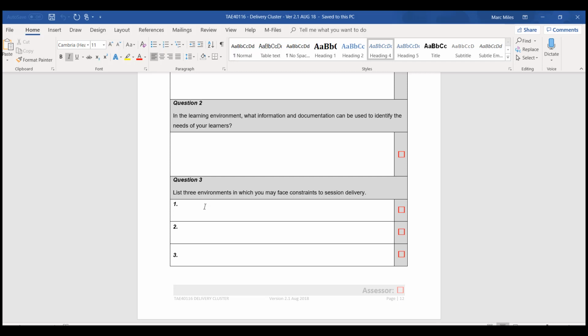When you're answering this question, you would answer it such as venue. The venue would need to be wide enough, and the size of the room would be very important so that everybody could perform XYZ action. If it was too small, that would be a constraint. Another environment could be where we have students with LLN challenges. What else? Another environment could be